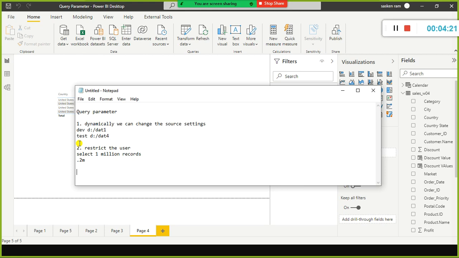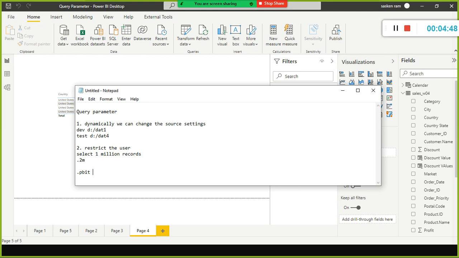And also what I told you, once we create the query parameter in your PBIX file, you can save it as a .pbit template file. Once you convert to a PBIT file, you can share it with other users within your organization, so that they don't have to create the charts, whatever you created.